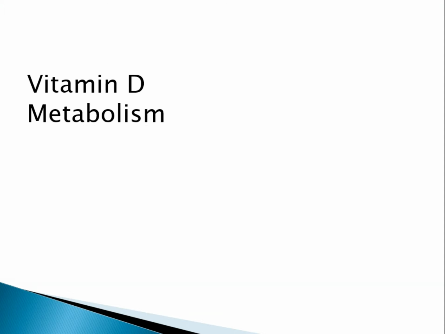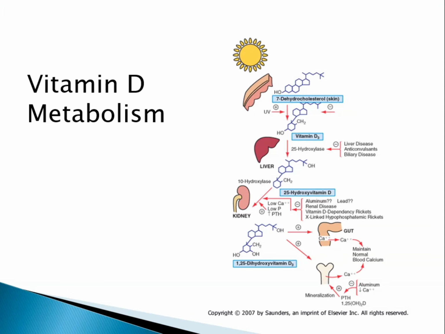So first of all, the metabolism of vitamin D. As you can see here in this figure, it is well described. The major source for vitamin D is the sun, which converts the 7-dehydrocholesterol that is present in the skin to vitamin D3. Other names for vitamin D3 are cholecalciferol, calcitriol. That vitamin D3 is